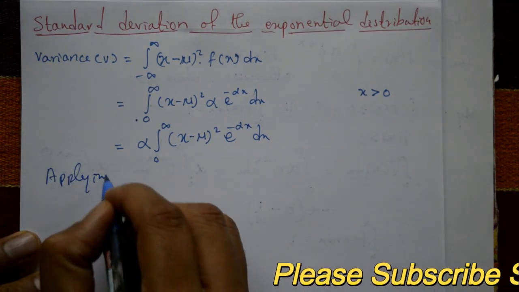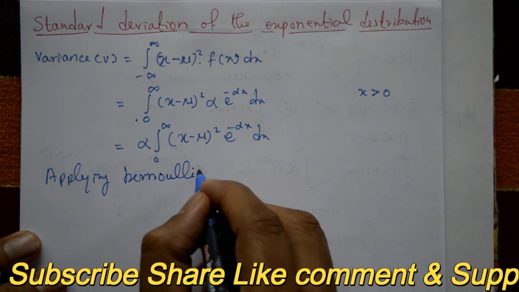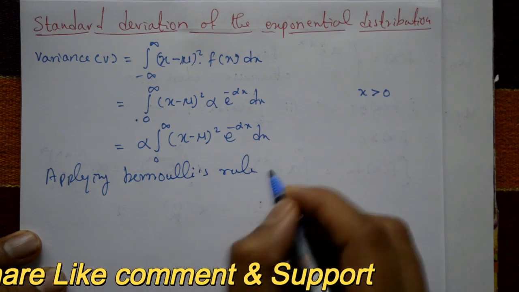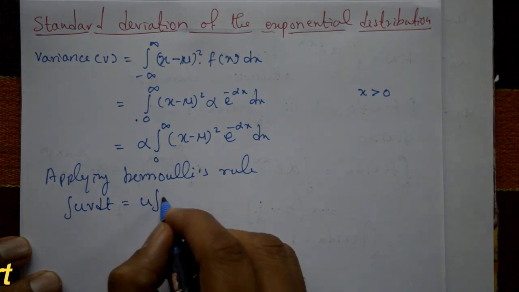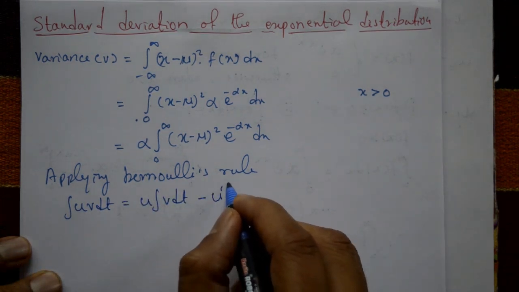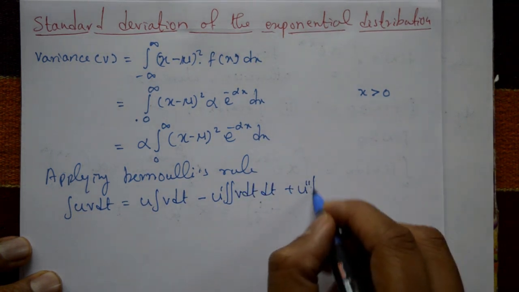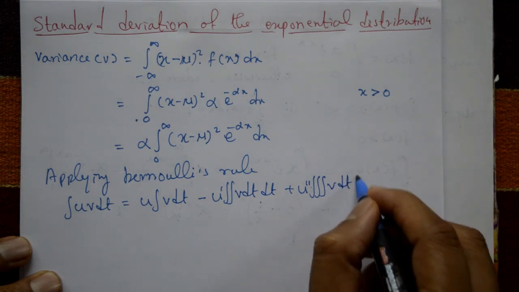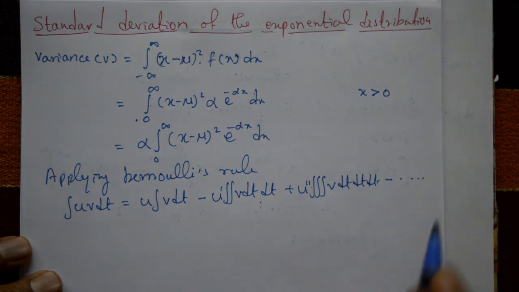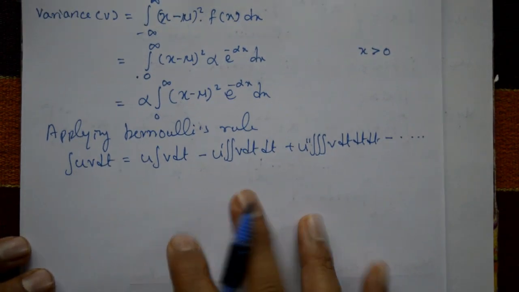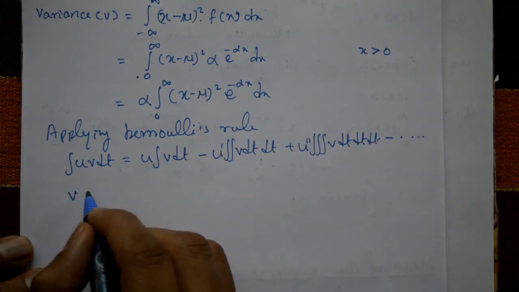Applying Bernoulli's rule. Now you know the Bernoulli's rule: integration of u v dt is equal to u integration of v dt minus u dash integration of v dt dt plus u double dash integration of v dt dt minus and so on, plus minus plus minus. Okay, now u means this one, (x minus mu) whole square, and this is the v part. Now variance V is equal to,